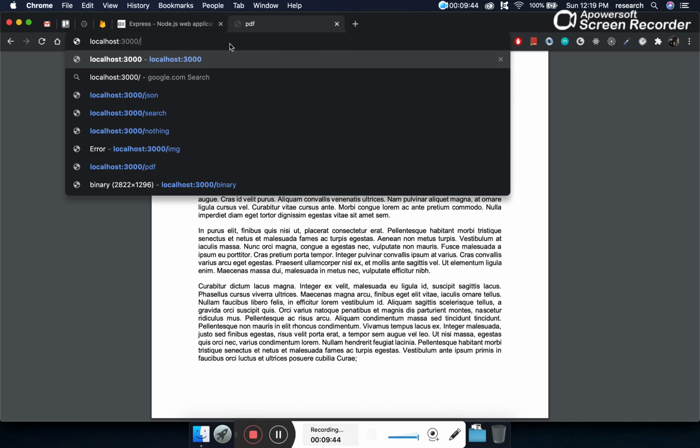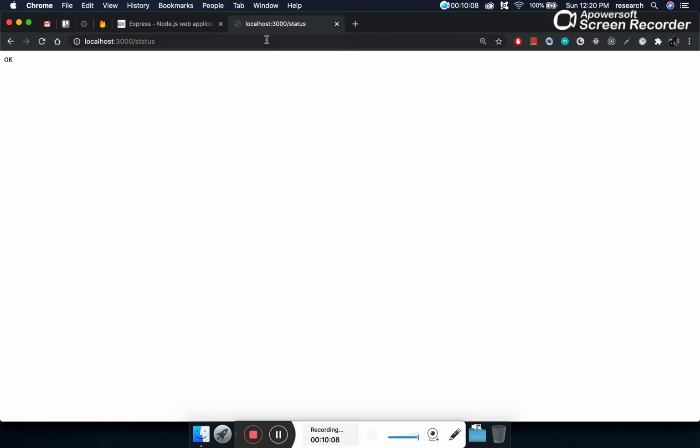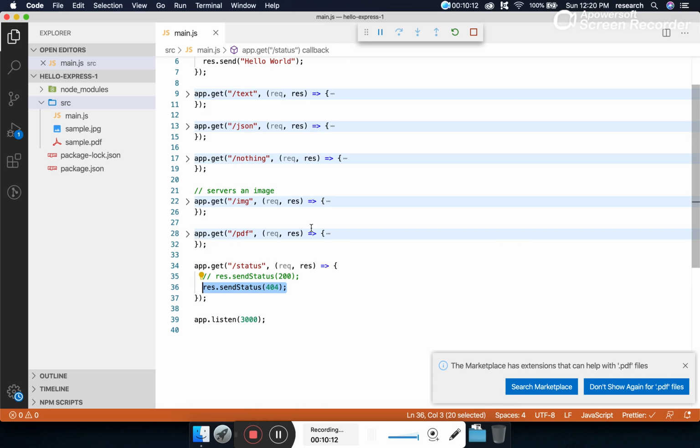The output for the status will simply be OK. And by sending 400 or 404, these are the standard codes provided, standard HTTP codes. Let me copy this. What are we trying to return now? A standard code for file not found or client-side error. It's a not found, so we are returning a standard response.